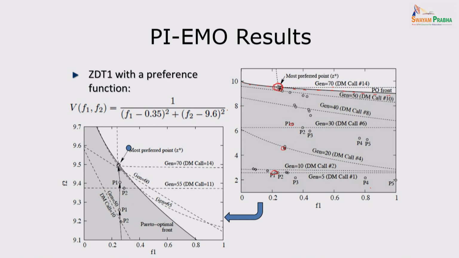Who is helping you do that? Why not here? Why here? It's the decision maker's decisions that are allowing you to go to the right place. So these are much faster in terms of computational time, but overall time going to the decision maker, getting information may be time consuming. But at least the computation time is less, and you are not unnecessarily finding the points that you will not be choosing at the end, right? Any question? So this is just a framework. You could change a lot of things here, the value function.